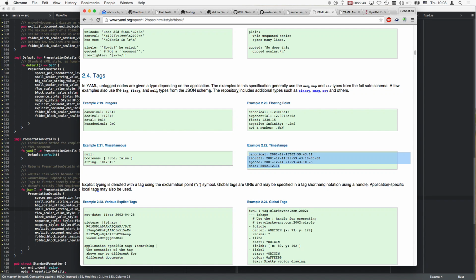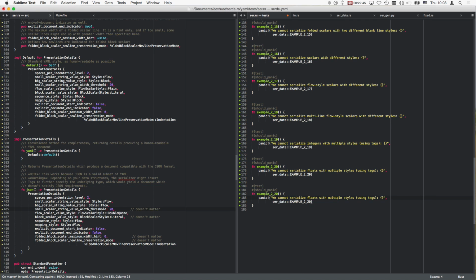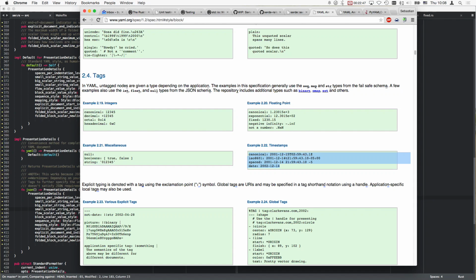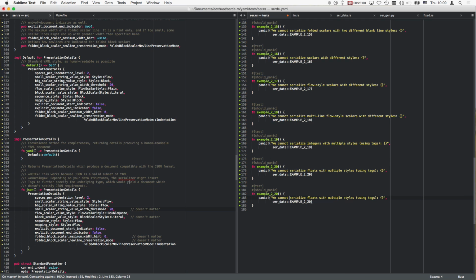So maybe we can do that. Yeah, because this and this we can't do because we have different schemes or different styles for the floats. Here we have different styles for ints, but here we could do it. This is just based on a schema that helps us to define. Yeah, we would need a schema. This should fail. We need a schema